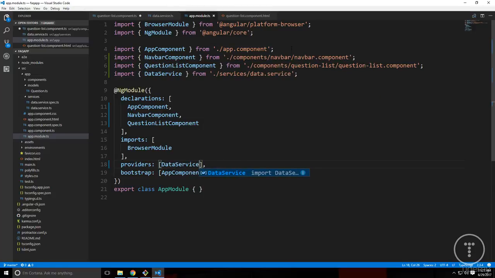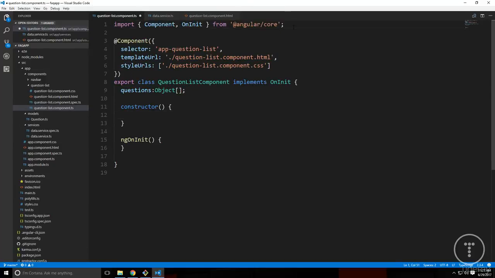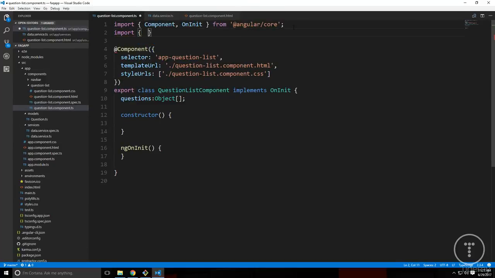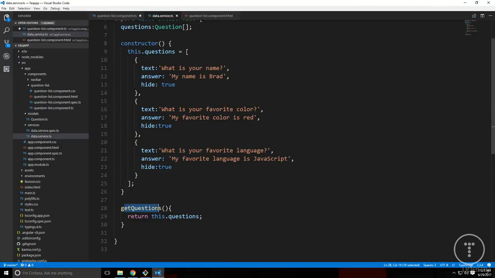just like that. All right, so we'll save that, and then let's go into our question list component and bring in our service. So we'll say import DataService, and that's going to be from /services/data.service. Okay, we need to inject it as a dependency into our constructor parameters. So let's say public dataService and set that to capital D DataService. All right, so we can now use anything inside of our data service,